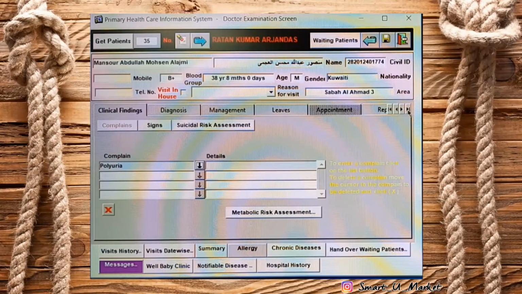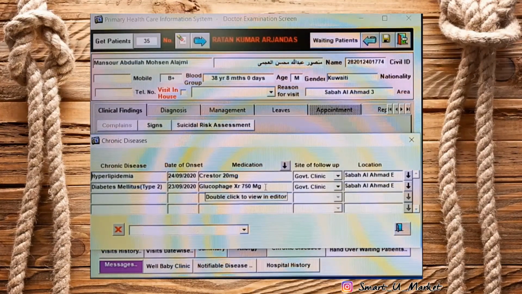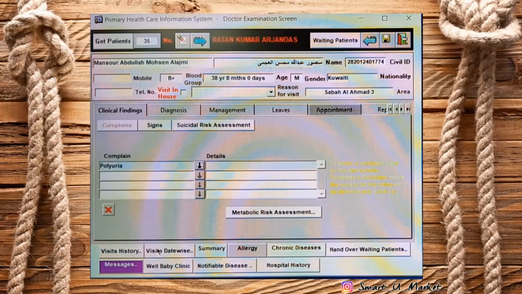From this icon, if we write it and he goes to another clinic, or we work in any other part of Kuwait, it will appear that the patient is following this clinic and taking this treatment, and the investigation was done on that day, by visiting the data-wise icon. So this was briefly all about the usage of the electronic file, although there are many more things we have to discuss, but